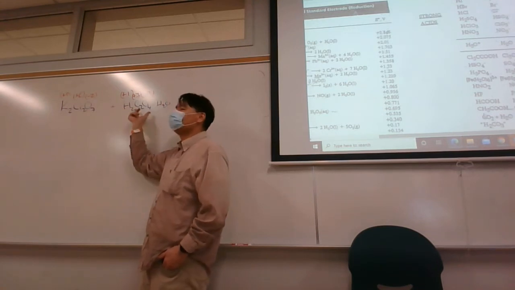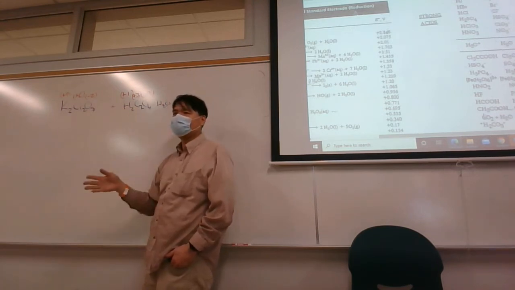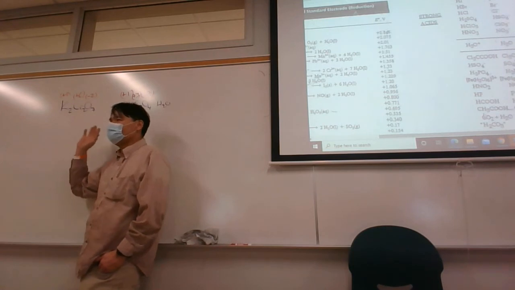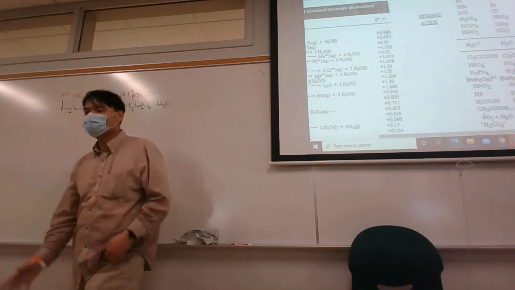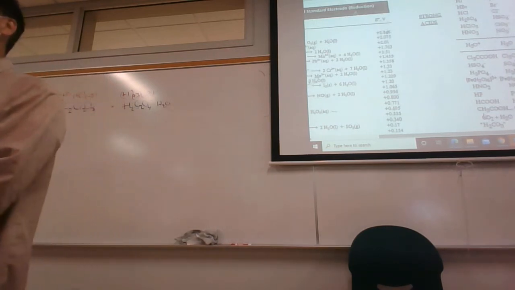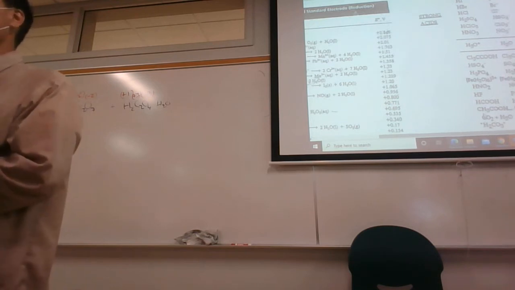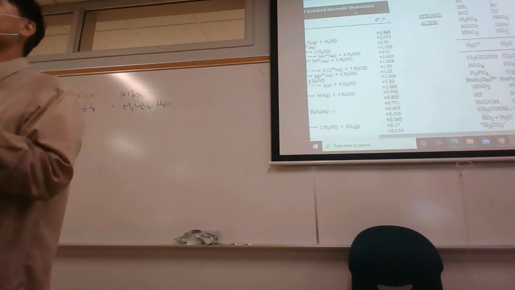And so this is a very, very weak reducer. Well, that's good because we don't want any explosions. You don't want to be mixing this stuff in a beaker and have it explode into your face, right? And so we want a weak reducer